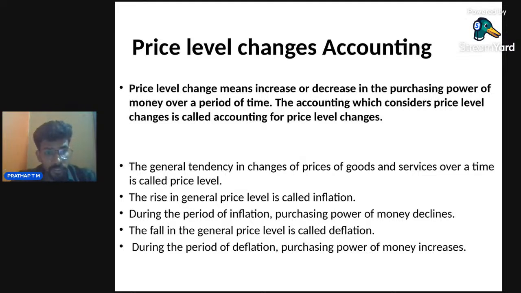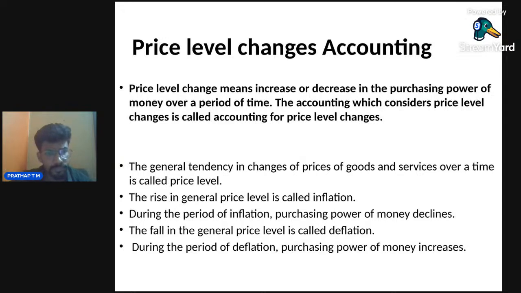skipping other topics. The topics which we have in your syllabus, that is government accounting, and the logic of intangible assets calculations, right? So instead of that, I'm going for price level changes. These are the two topics which we have in practical. For that reason, I'm focusing on that one. What is that? Price level changes, or